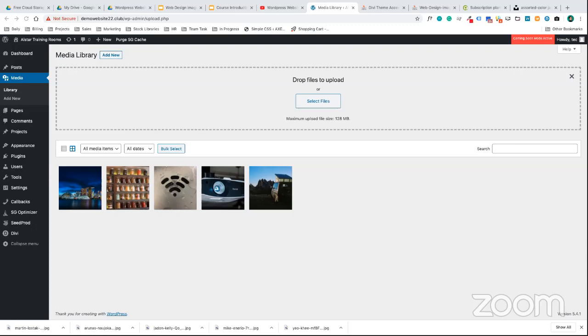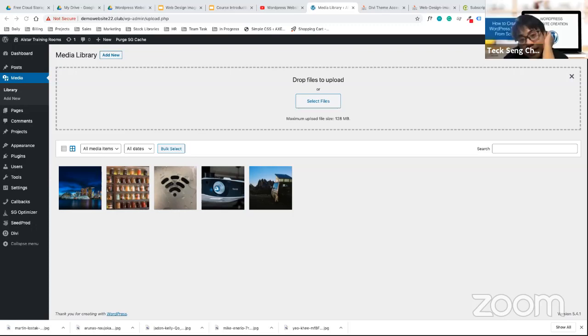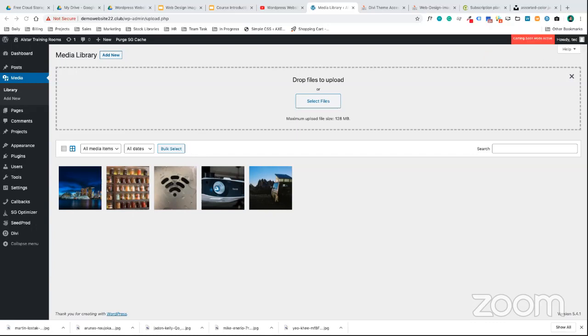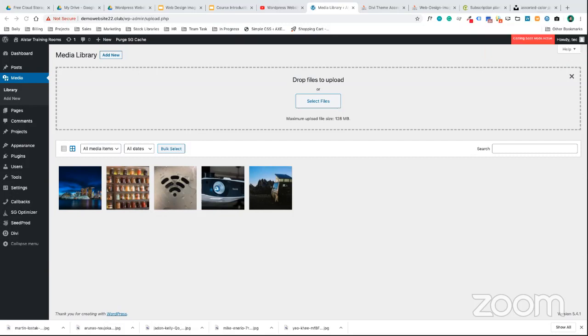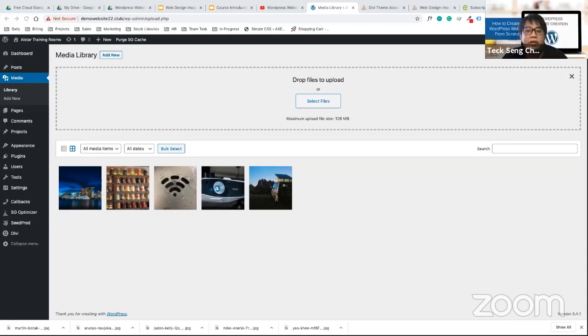Jason, mine shows different from your screen. But you can actually get the file uploaded. Yeah, you have the picture and the wording beside it. Don't worry, there's another screen later. On top they put, are you using a multi-uploader? Maximum upload size is 128. Okay. There's another screen for this actually.